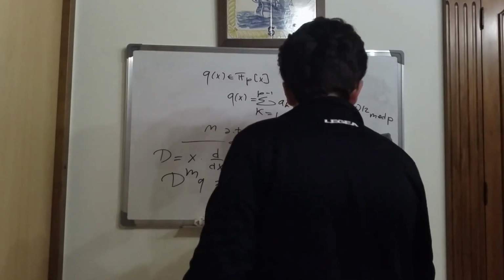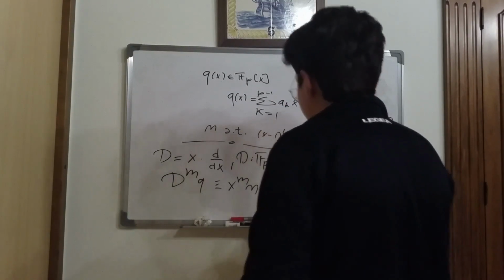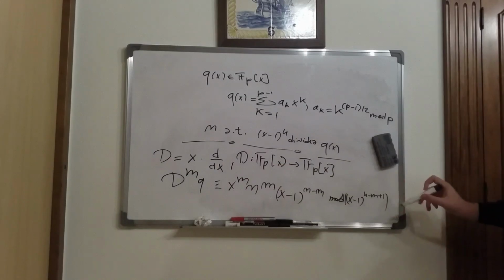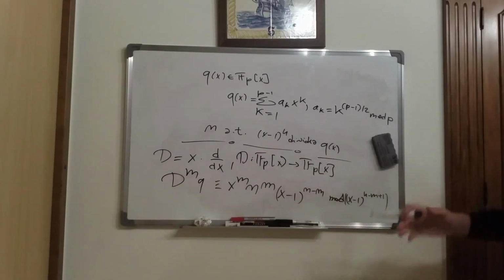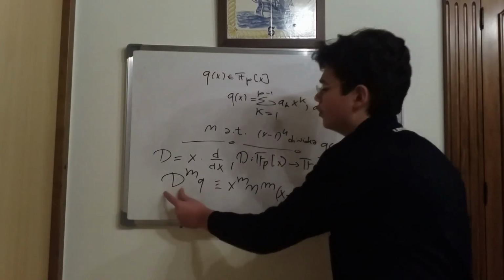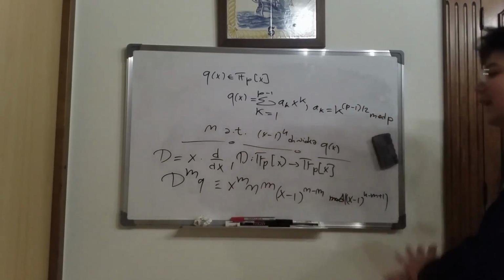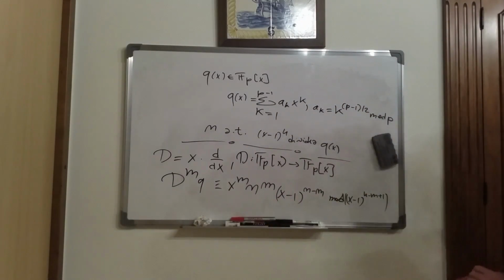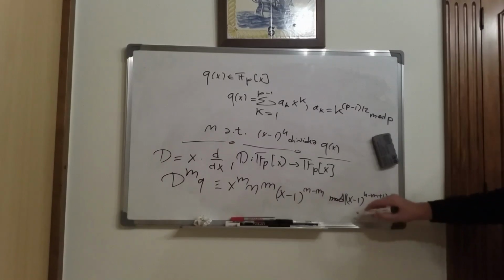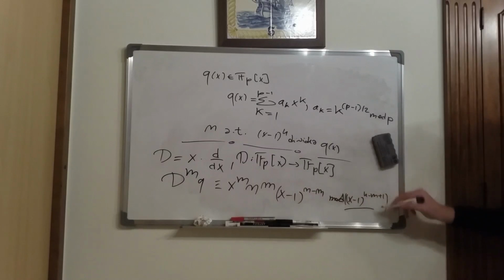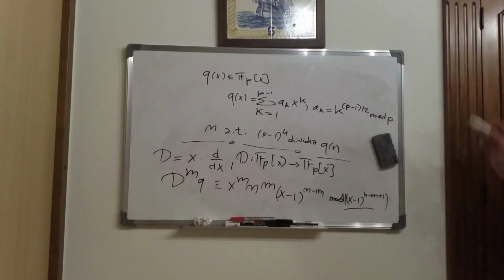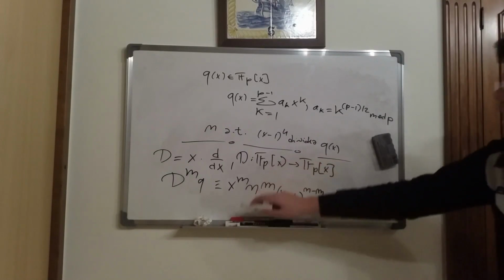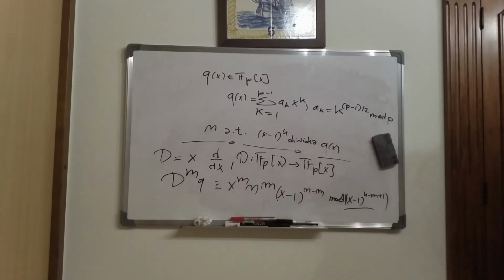We have this, okay? So why this expression? Because when I apply the derivative m times over q, I obtain many terms. Every term has this factor (x minus 1) to the n minus m plus 1. With respect to this term, it hasn't this factor. Okay, and so